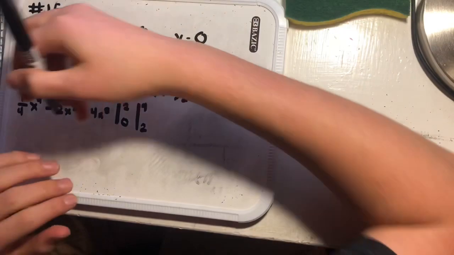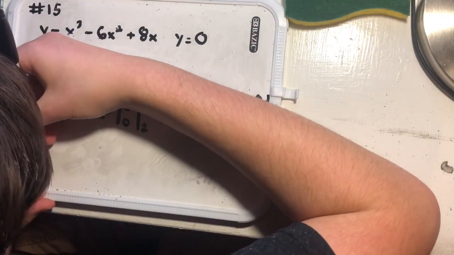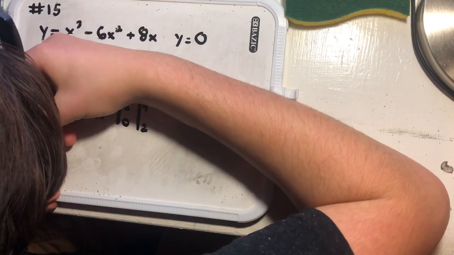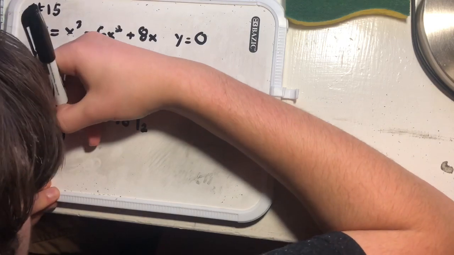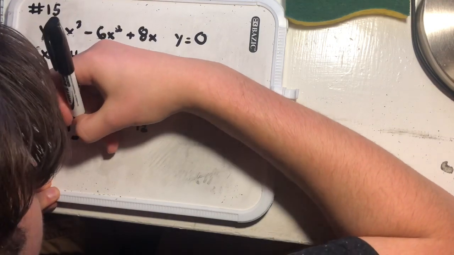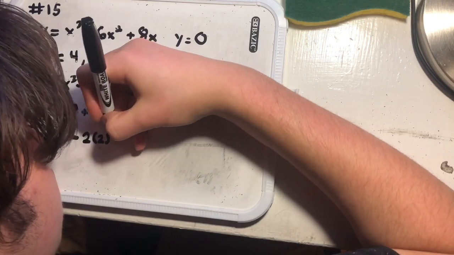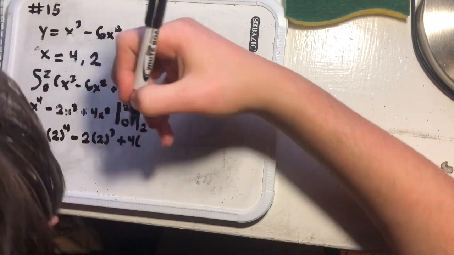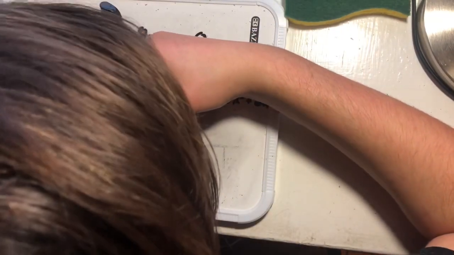So we put a little bitty negative right there, and let's plug in 2: minus 2 times 2 cubed plus 4 times